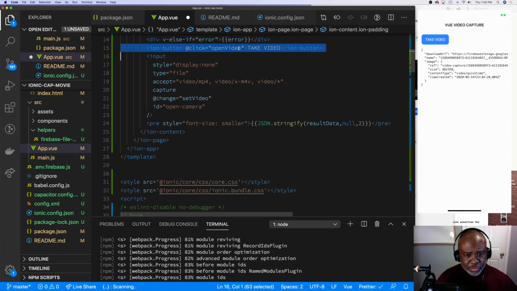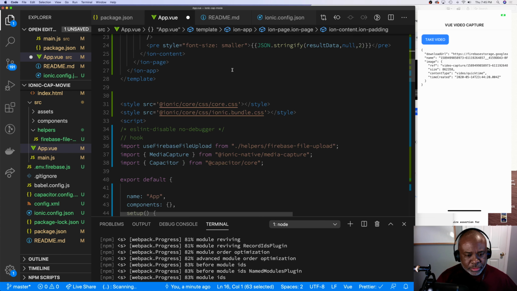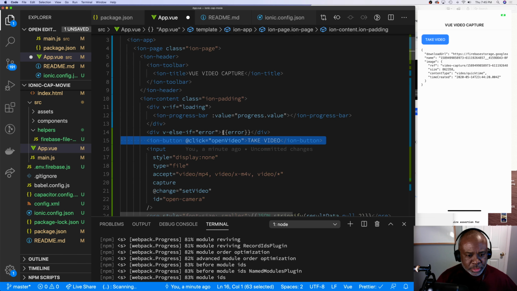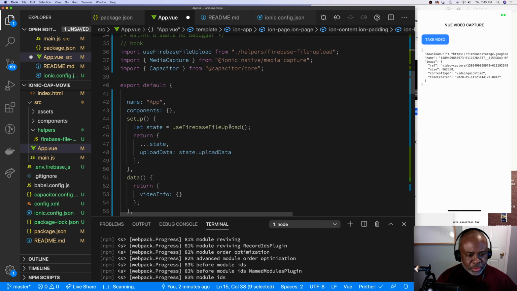what I've done here is I have this nice looking button, which is what you're seeing on the phone. It says take video, and I have a click event. So we scroll down here. What was that click event associated to? The click event on click we call open video, and on open video